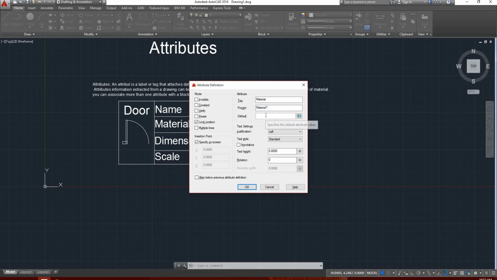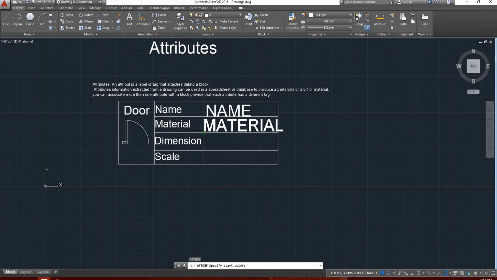And in the default, whatever material we are going to apply for the door, you can enter here. For example, I'll give mahogany material. Now I'll click OK and place it here. So after placing here, now what I'll do,